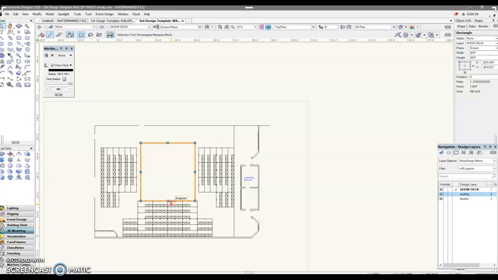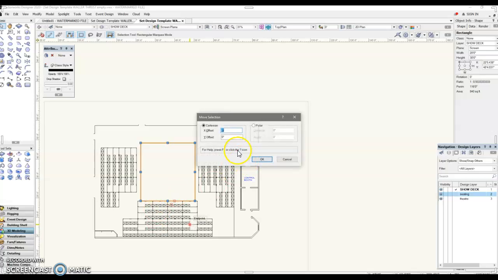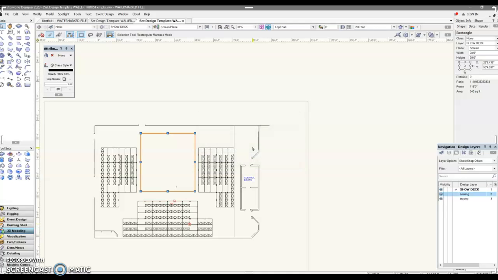And now I want to move it upstage. I don't want to be touching right on that seating riser. So I'm going to Control M, and that will give me XY coordinates to move that object. I'm going to move it in the X coordinate. It's going to stay stationary, neither left nor right, but upstage, downstage. Let's say that I want to set that 5 feet 0 inches from the front edge of the seating, and